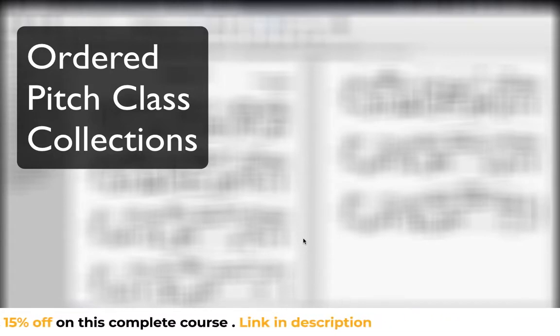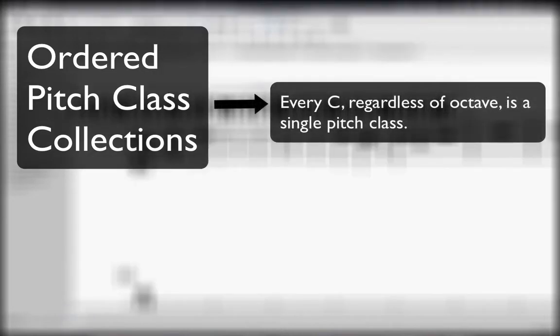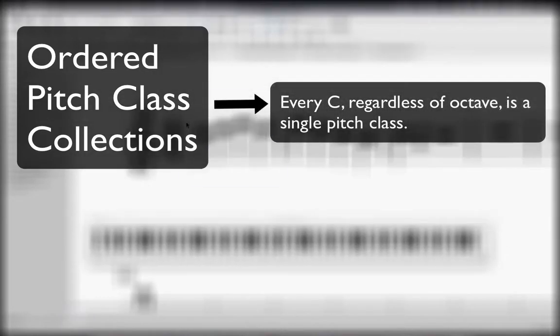So let's start with pitch class right in the middle here. So an ordered pitch class collection, the pitch class element of this is something we looked at in the first class that I put together on music theory on how to read music. What a pitch class means is it simply means any note regardless of the octave that it's in. So let's jump over and look at that. So what that means is